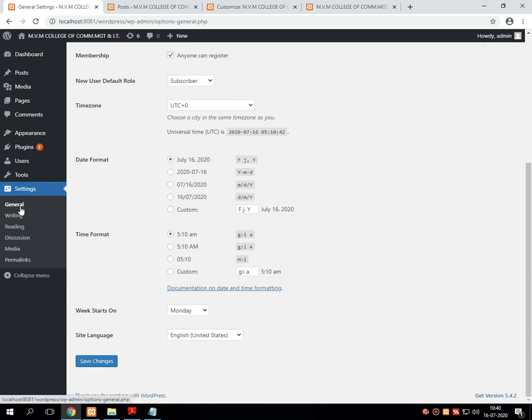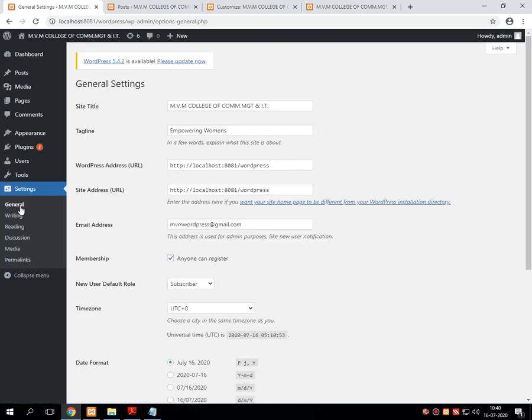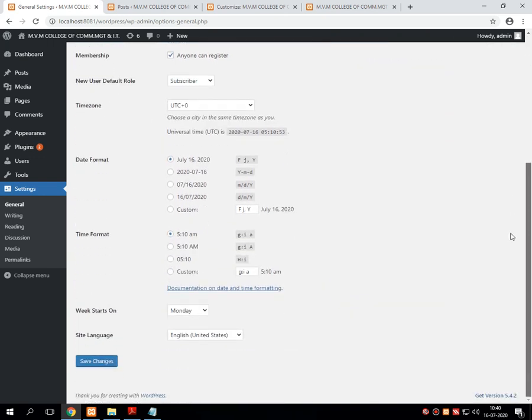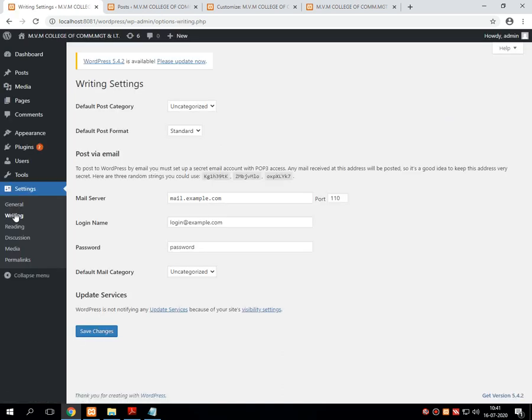Now there are specialized settings also available in WordPress. For example, the first one is general settings, so whatever we have visited are the general settings. Then the next one is writing settings. This is related to the posts and pages that we handle through this WordPress dashboard.